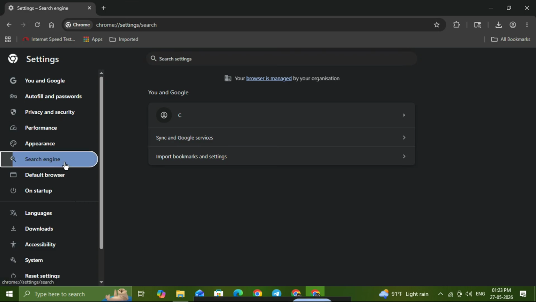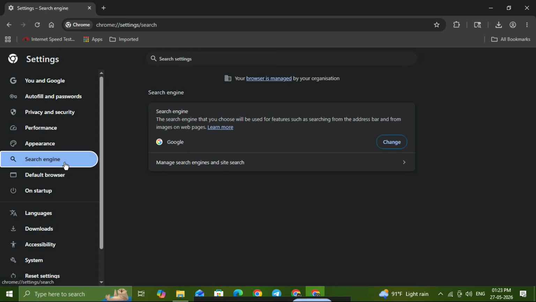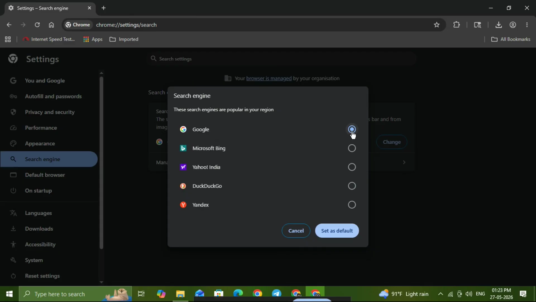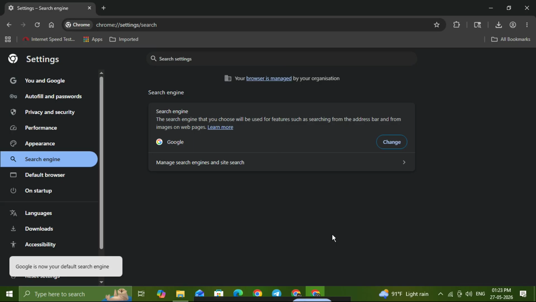This is the section where Chrome decides which search provider it uses when you type into the address bar. At this point, check the default search engine setting. If Yahoo is selected, that is likely why your searches keep going through Yahoo instead of Google or your preferred search provider. Click the Change button if you see it, and then select Google from the list. After that, click Set as Default. This step is important because it tells Chrome to use Google for searches from the address bar, instead of sending